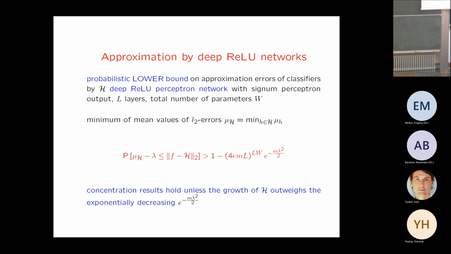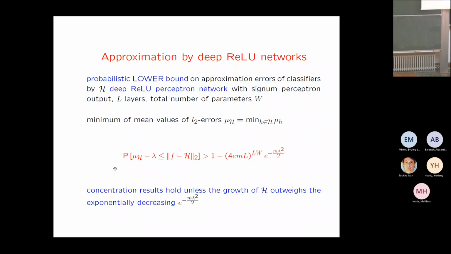Then for each input-output function H, we have a different mean value of L2 approximation errors. But for uniform, it's the same, which is in fact square root of M. They are nearly orthogonal, so the distance is orthogonal. But in the general case, it can be pretty different. So if we are interested in a lower bound, then we take the minimum, and we obtain this kind of lower bound